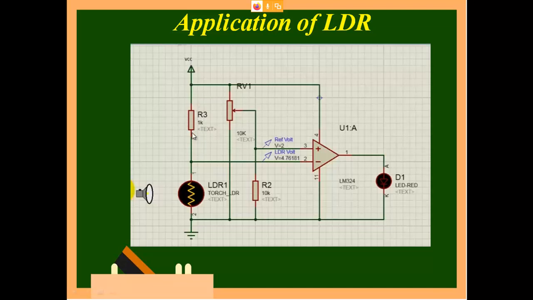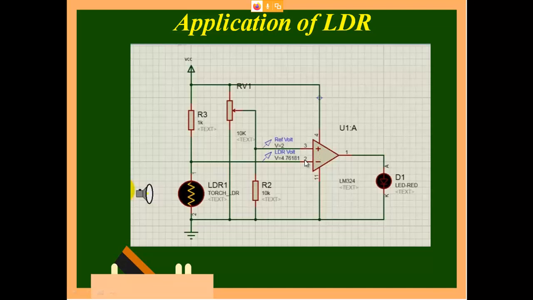Now I have connected the same VCC via this resistor. If there is no light source, this resistance and this resistance form a potential divider. The LDR has very high resistance, so nothing will flow through it, and everything will flow through the other path. So when there is no light source, you have a maximum voltage, because the LDR path is similar to open, as its resistance is very high. Under normal conditions this path is open, so the voltage across it is the maximum. This terminal is given to the plus and this one to the negative.